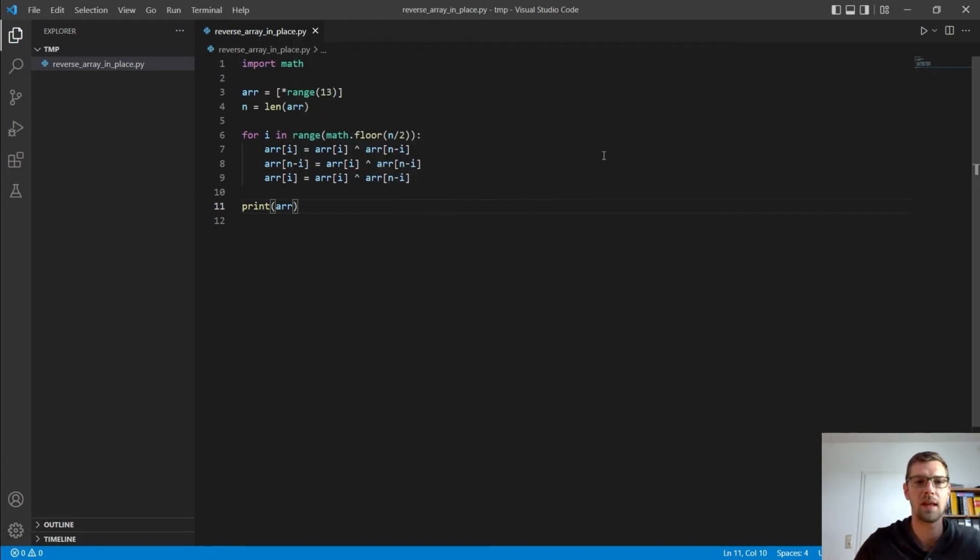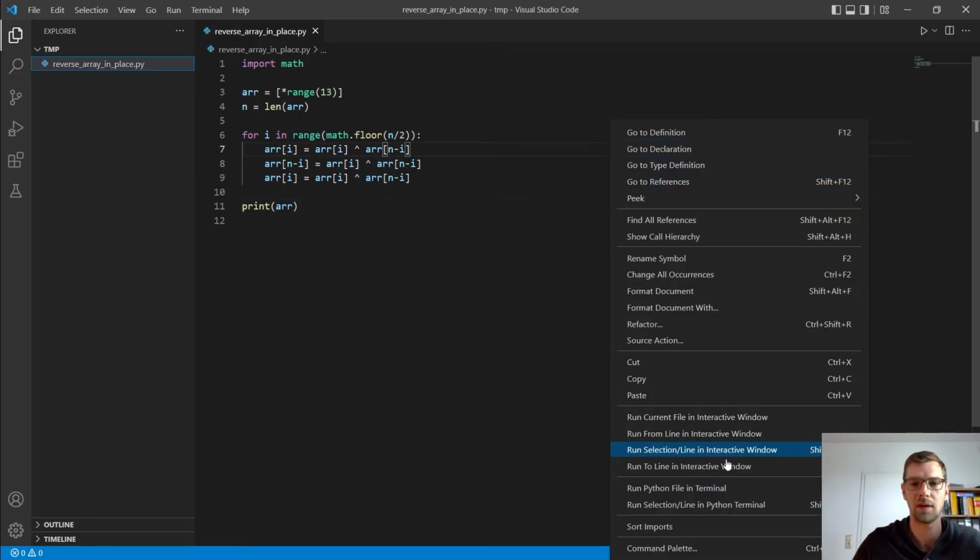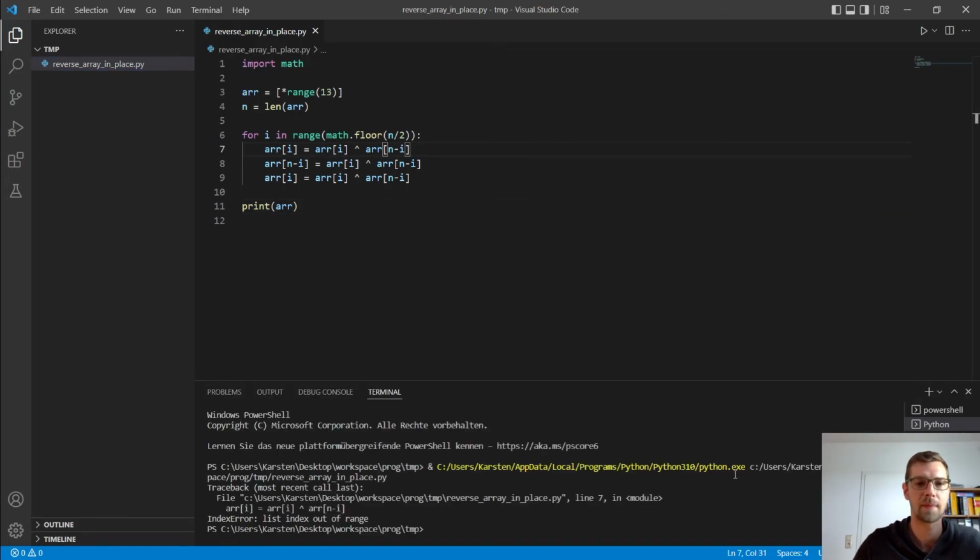If we print that now, it should be reversed, so the numbers should be 12 to 0. Let's have a look there. And we have here a list index out of range, because we actually have to use n minus I